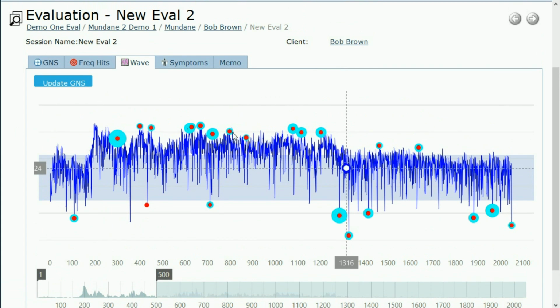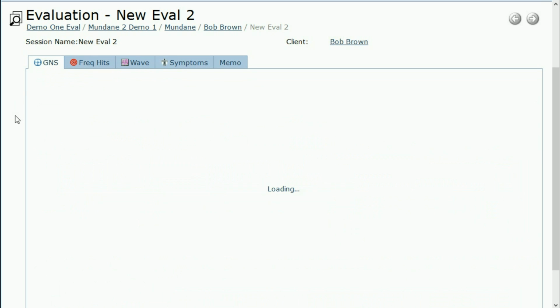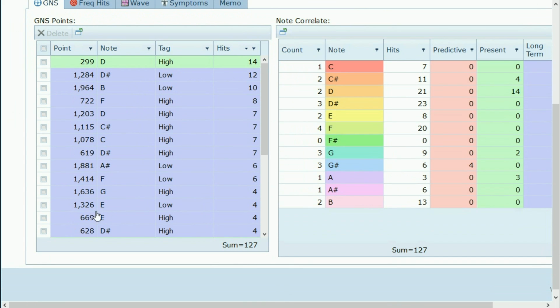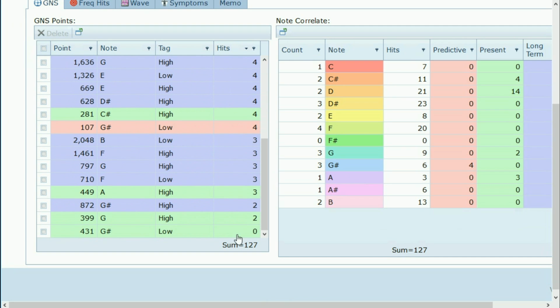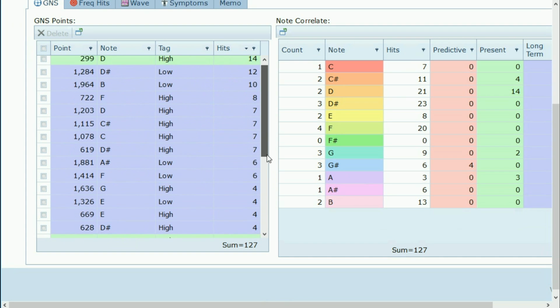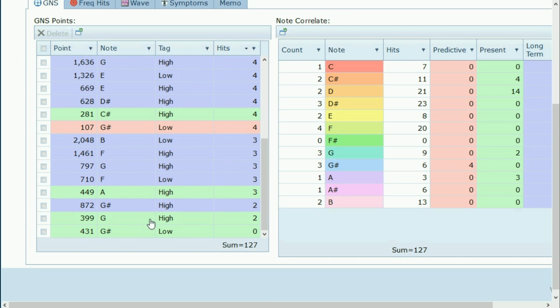So I'm using this technology to make sure that what I am selecting has significant return on the database. This is a visual type of tool to use. If I click on the GNS tab, it takes this visual information and puts it in kind of a spreadsheet format. So these are the points that I've selected, and its default is the most hits is first, and it reduces itself. Remember that one that didn't have anything? There it is. So we could say, you know what, I want just stuff that has more than 2. So if I select here,